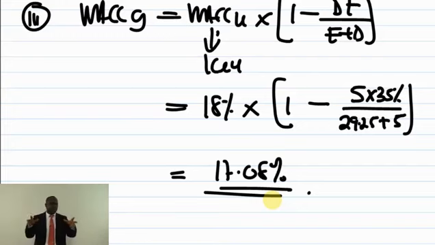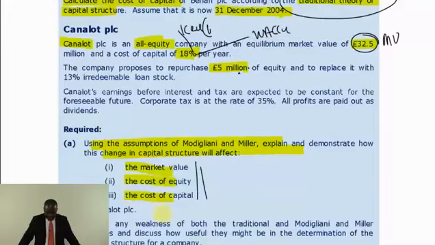Think about proposition 1, dealing with market value. Think about proposition 2, dealing with cost of equity. Think about proposition 3, dealing with WACC. Which one is the examiner asking me to do? If you want WACC, I see proposition 3. I move on with it. Okay, so that is the argument.